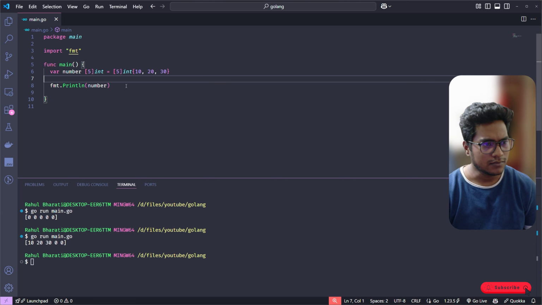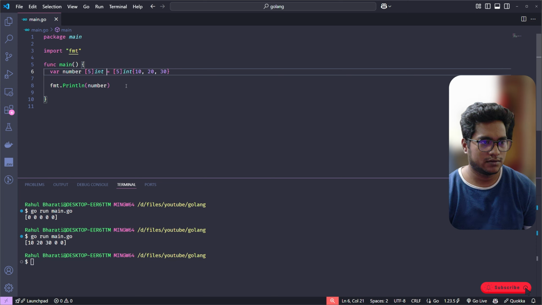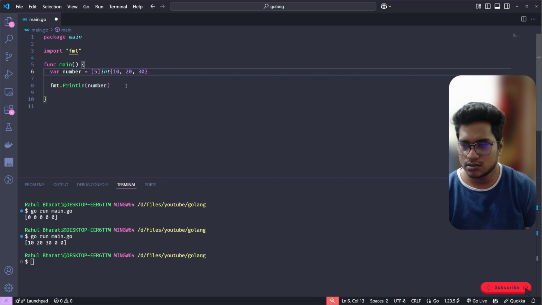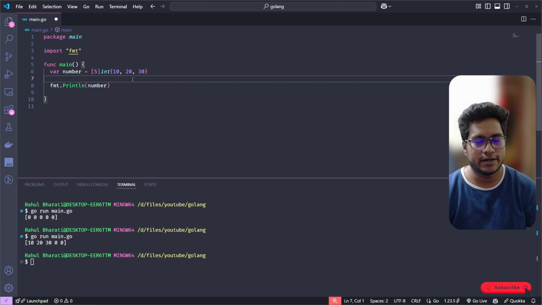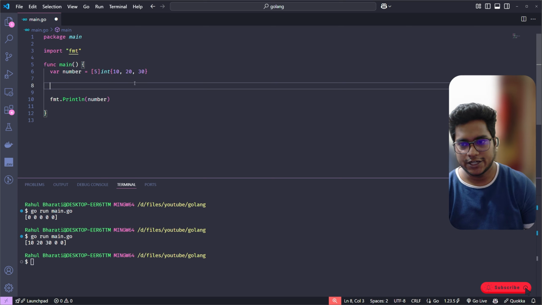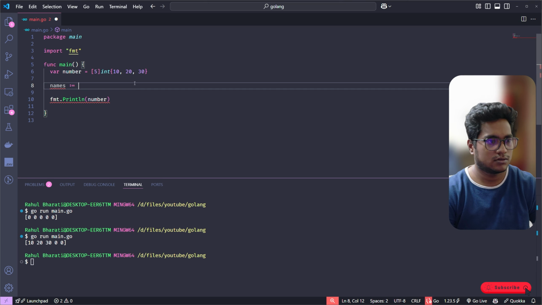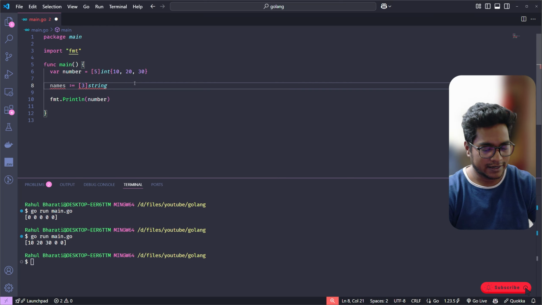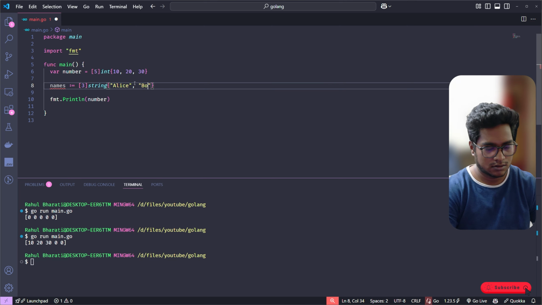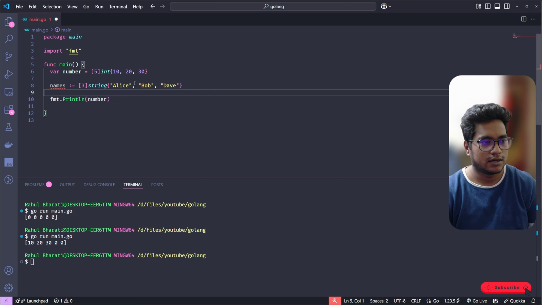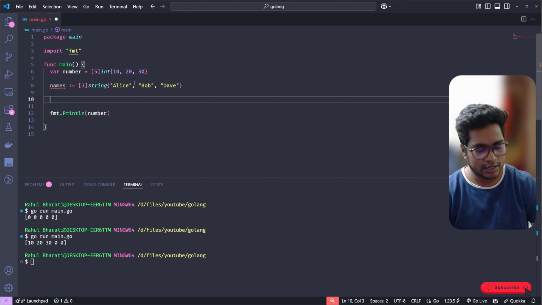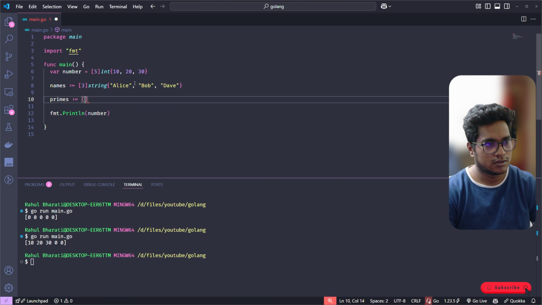Now here's the thing, why do we need to provide this twice? We can just do it once. That's fine. This is what we call an explicit declaration. We can also do something like names equals type string. Let's go with 3 and type string, and let's provide the values like Alice, Bob, Dave. And we can also do something like primes, and we can go with type int, and